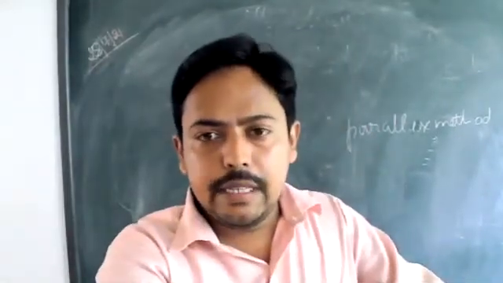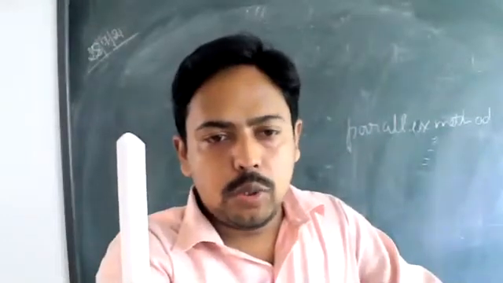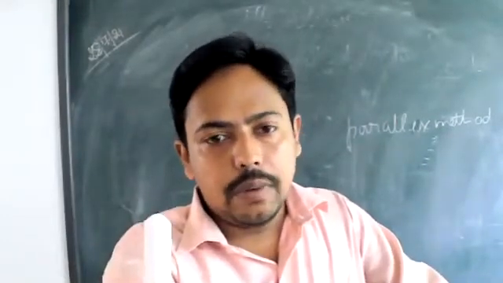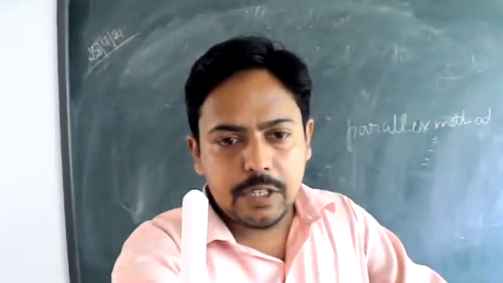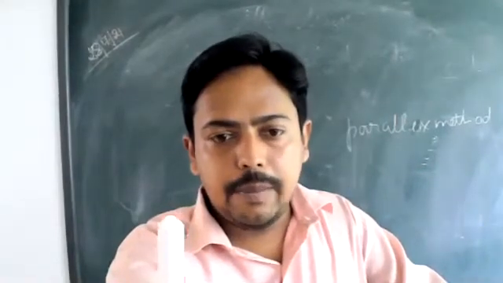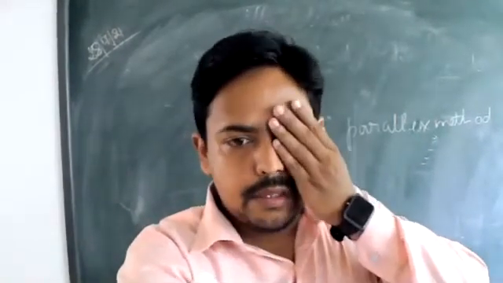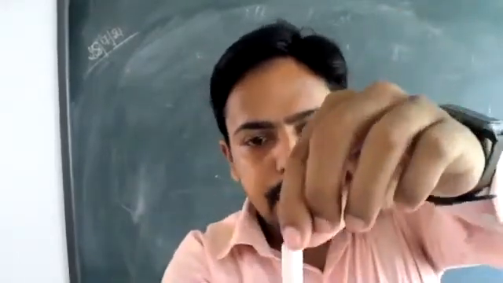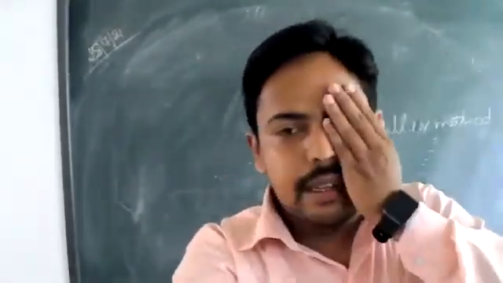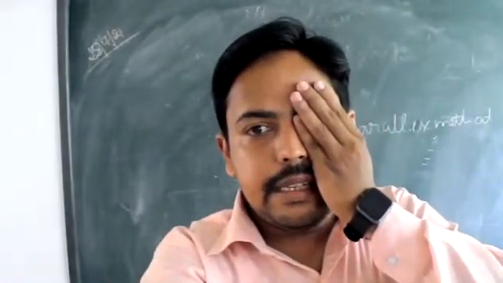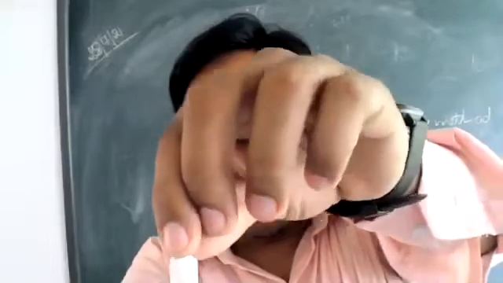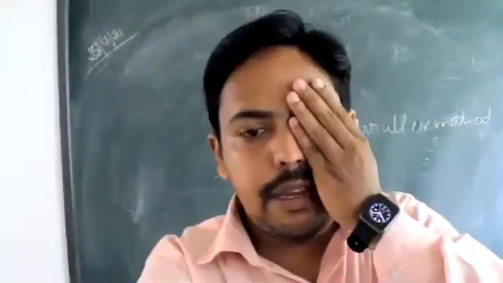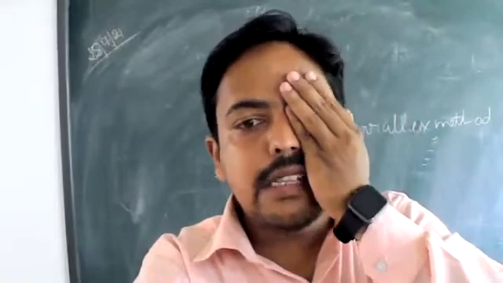So when you place this chalk like this very close to that wall, what you do in the first step is close one eye. Let us suppose that in the first step, while performing our experiment, I am closing my left eye, and I am seeing the tip of this pencil. With this eye, I have seen a certain position with respect to this wall at which this tip lies on the wall. There may be some position of this tip which lies on that wall while we are watching it with our left eye closed.